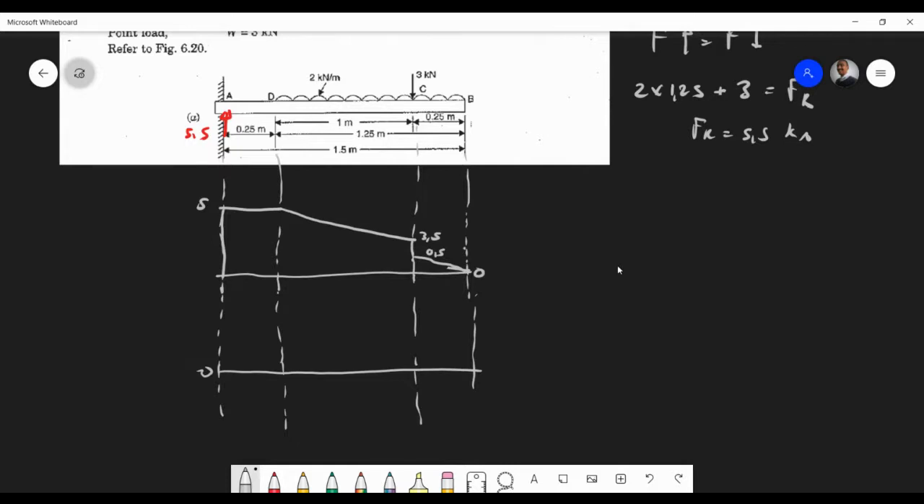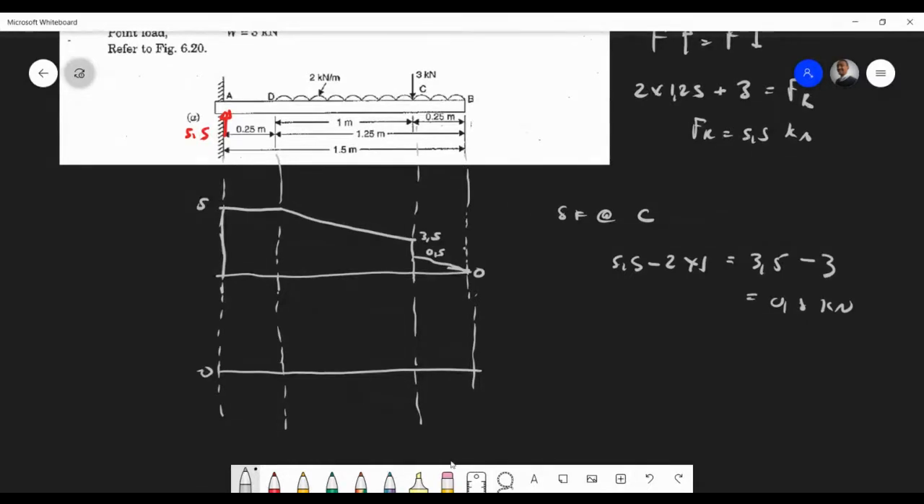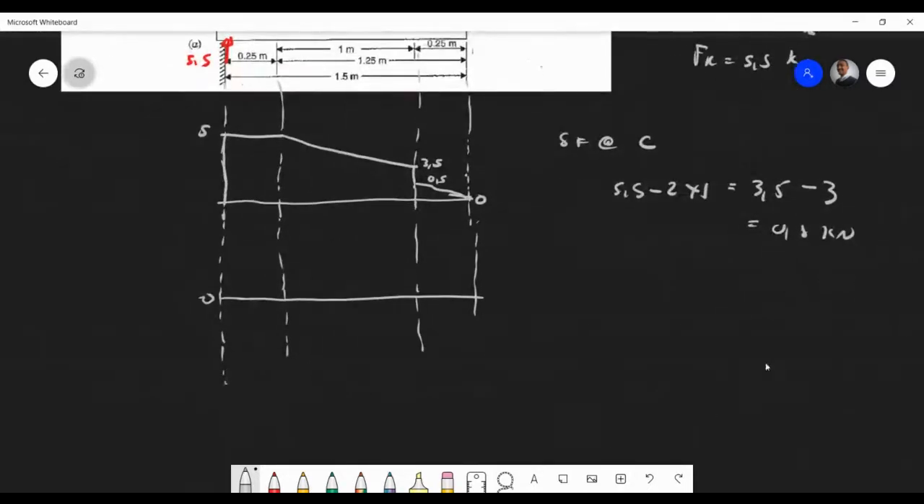Remember? So at C, I'm not going to go through all of it now, but it's 5.5 minus 2 times 1, and that gives you 3.5. And of course at C we still have the 3 kilonewton, so then you have to minus 3 again, and you end up with 0.5. Remember, another force is always going to go down like that. So there we go. Then your bending moment diagram should look nearly exactly the same as the previous one. I don't have to sketch that, but the maximum bending moment will be,